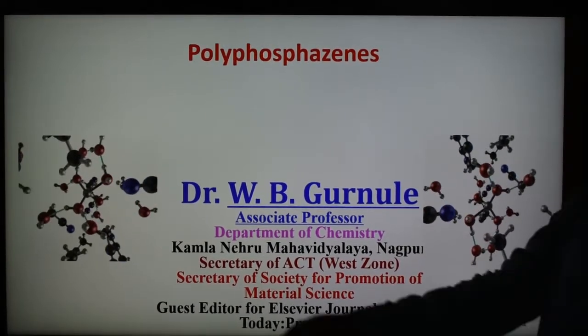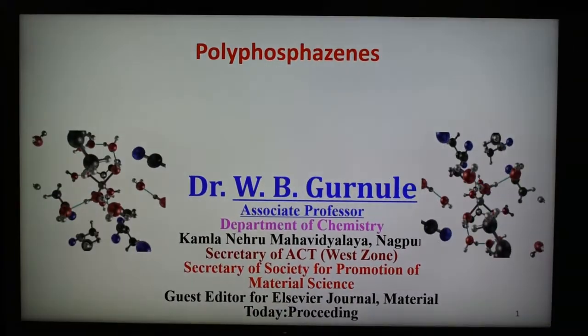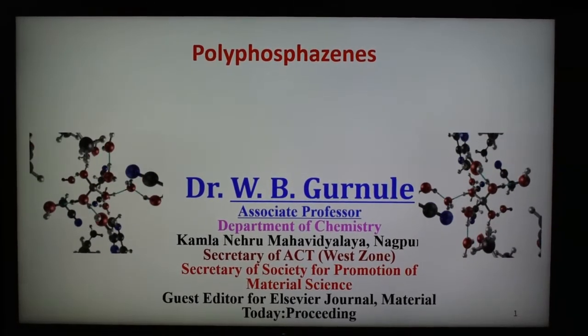Today we are going to discuss the inorganic polymer, in which we are going to see the polymers of phosphorus. Already we have discussed in the last lecture the inorganic polymer of silicon, and today we are going to discuss the polymers of the phosphorus atom, that is polyphosphazenes. We are going to see the preparation, properties, and the structure and bonding of the different types of polyphosphazenes. So today the topic is the polyphosphazenes, the polymers of the phosphorus atom.